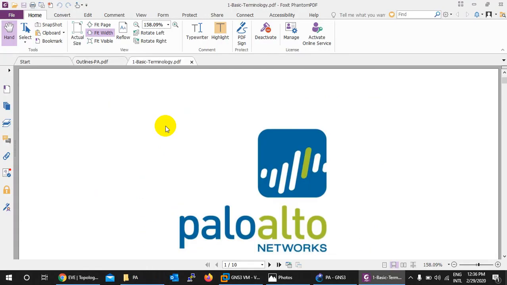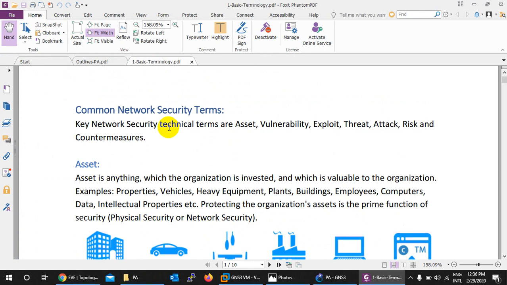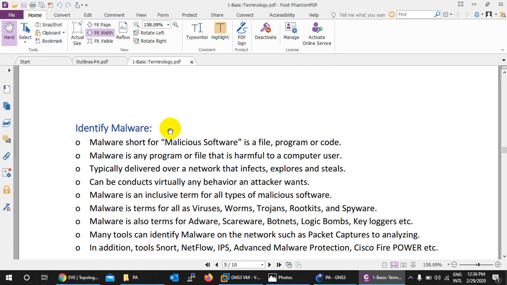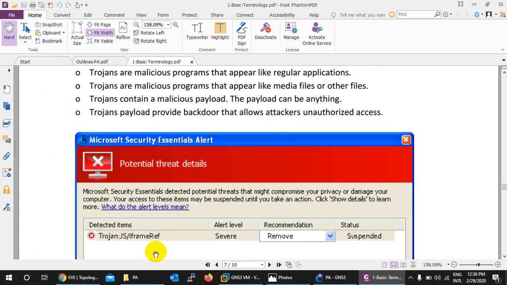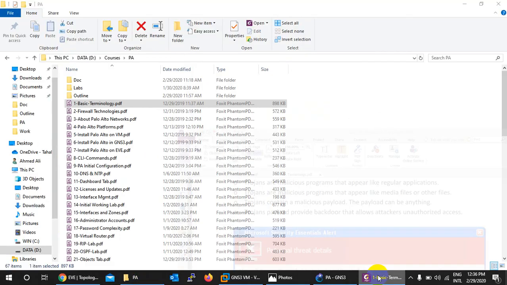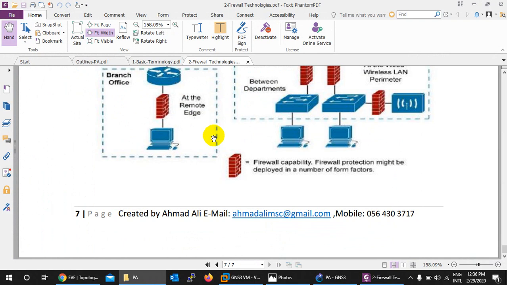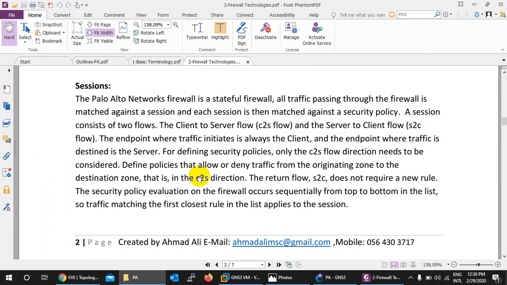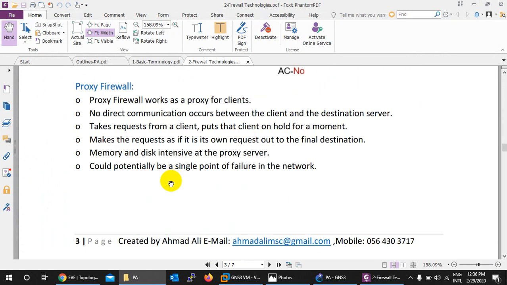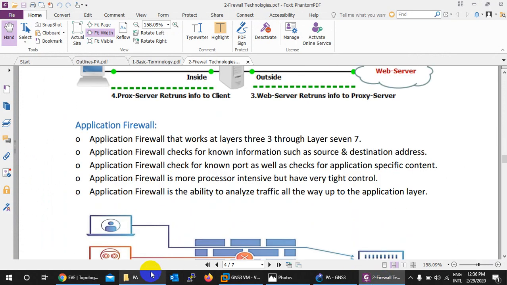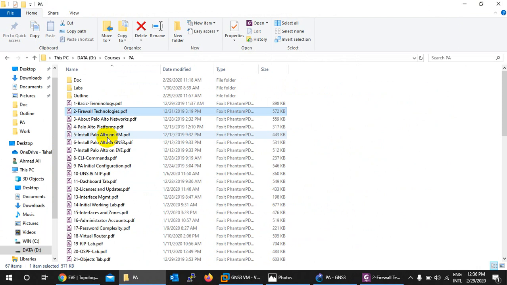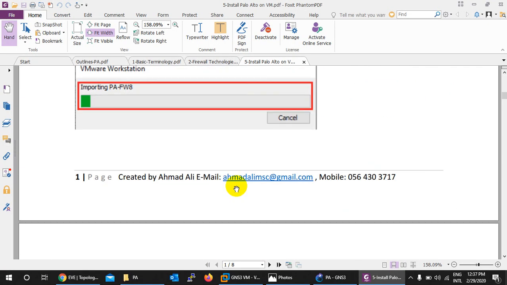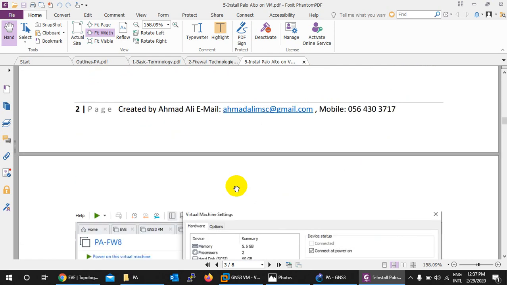This is my own created notes, like common security terms. In the beginning we will start from scratch, and later on we will move to firewall technology. What is a stateful firewall, session, what is a stateless firewall, and then how to install. So step by step, here are the notes on how to install Palo Alto Firewall in VMware,